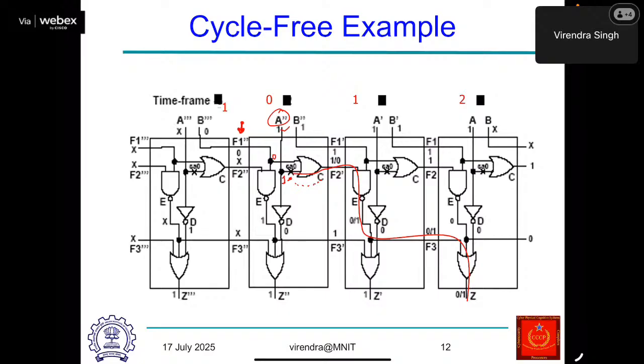So now here I had a D. This D will appear here as D, and so now my fault effect is at the input of this NAND gate. Now to propagate this through the NAND gate, the fault effect has to be propagated through this NAND